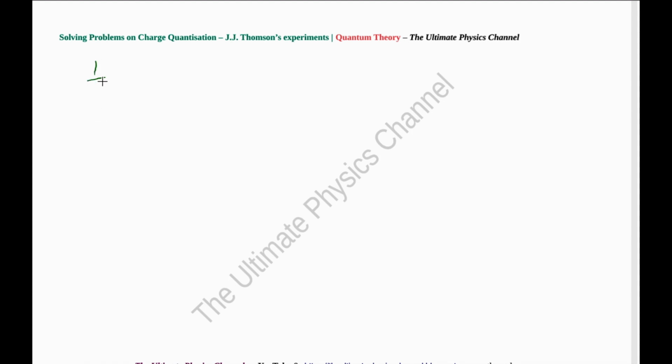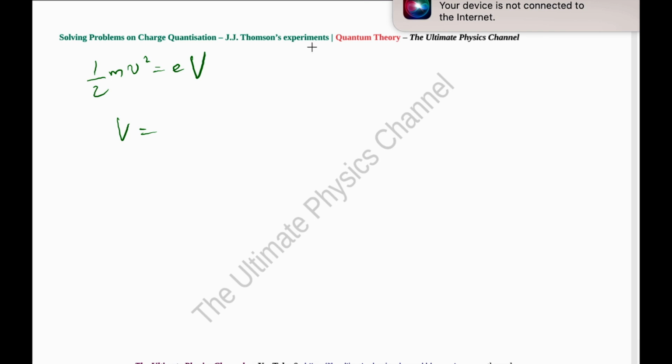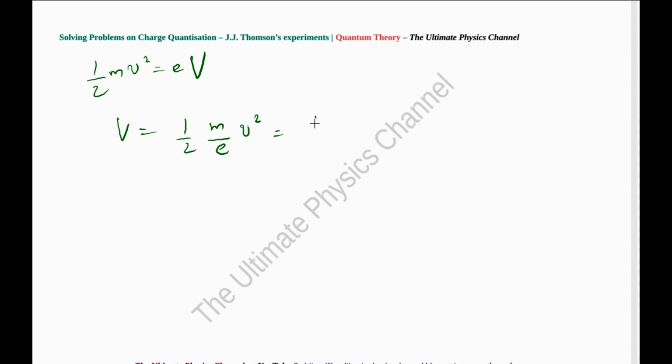So half mv squared is eV. V is equal to half m over e v squared, which is equal to half. The mass of the electron can be taken as 9.1 times 10 power minus 31 kilograms, and the charge is 1.6 times 10 power minus 19, and then the velocity in this question is given as